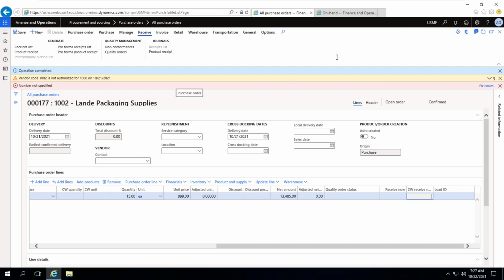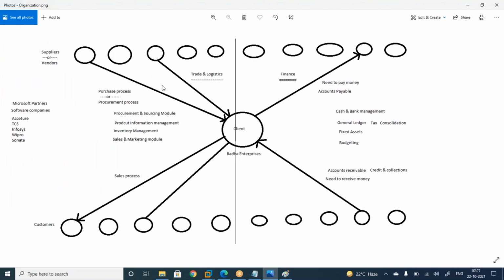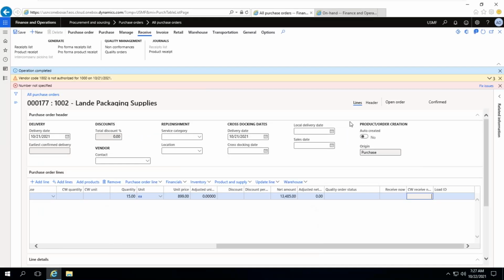But the product receipt number means the vendor has dispatched the material. This vendor may have given 101, this one may have given ABC-001, this vendor has given XYZ 235. I don't know these numbers. It is the vendor dispatch document. That is the reason you need to enter it manually.